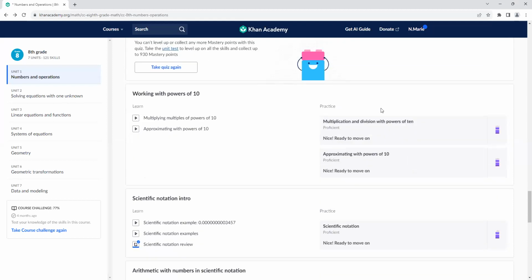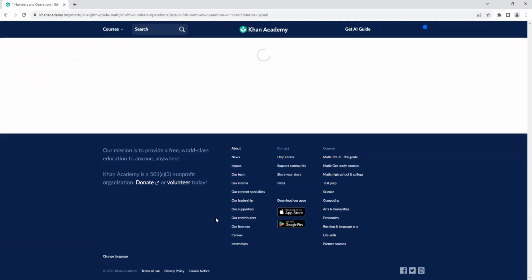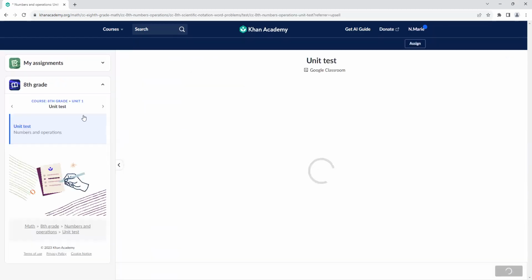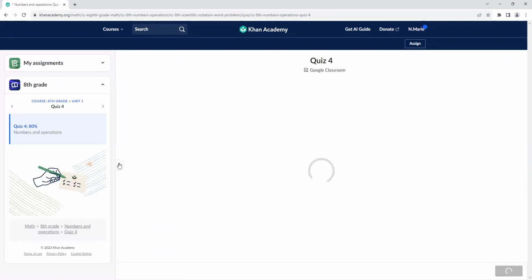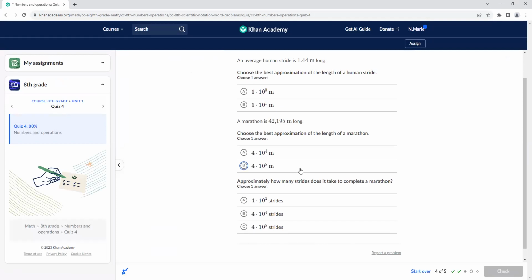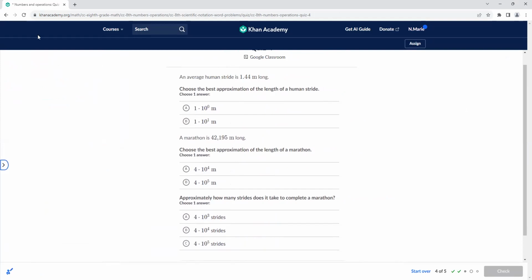So let's go back to Khan Academy. You can work with the individual quizzes here if you are struggling, but all of it's pretty much the same. It's dealing with scientific notation. So let me go to quiz 4. Okay, so on average, a human stride is 1.44 meters long. Choose the best approximation. So this would be 1 times 10 to the 0 power,